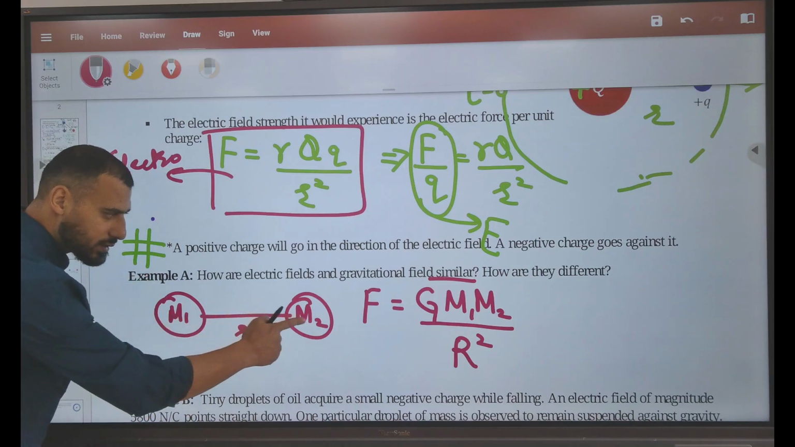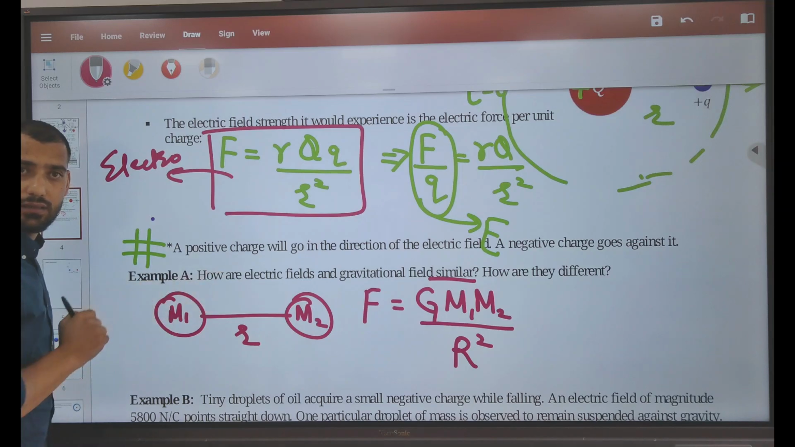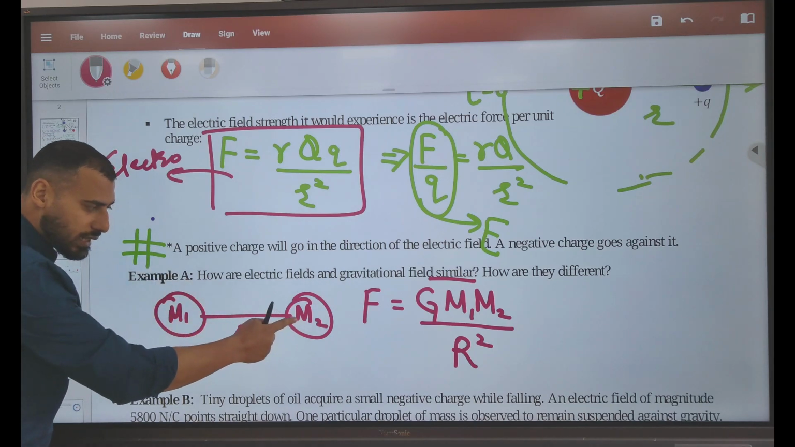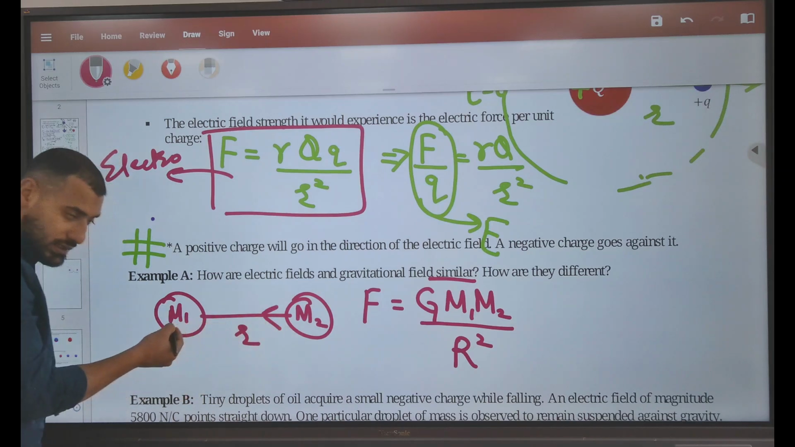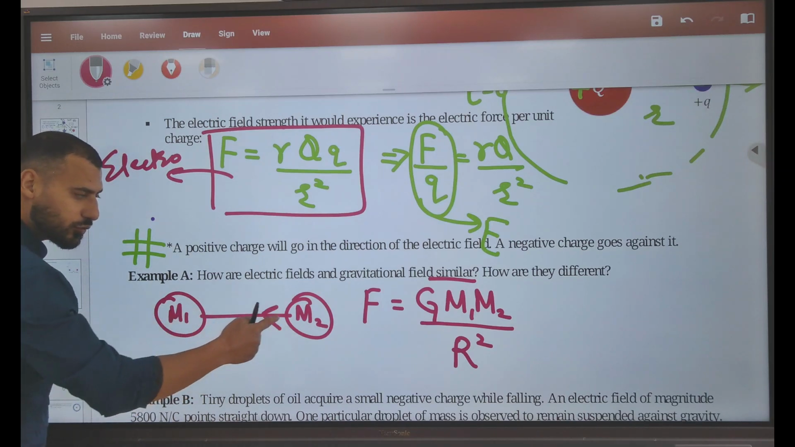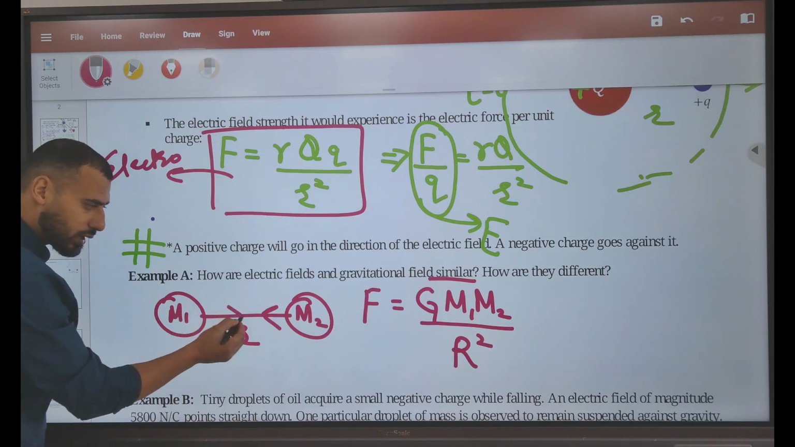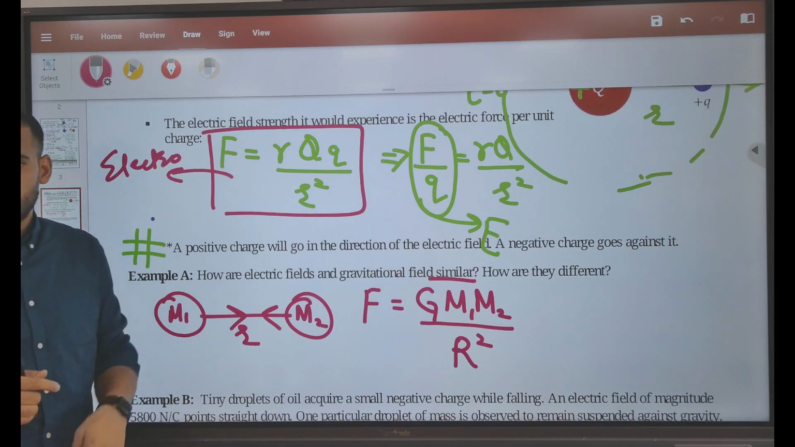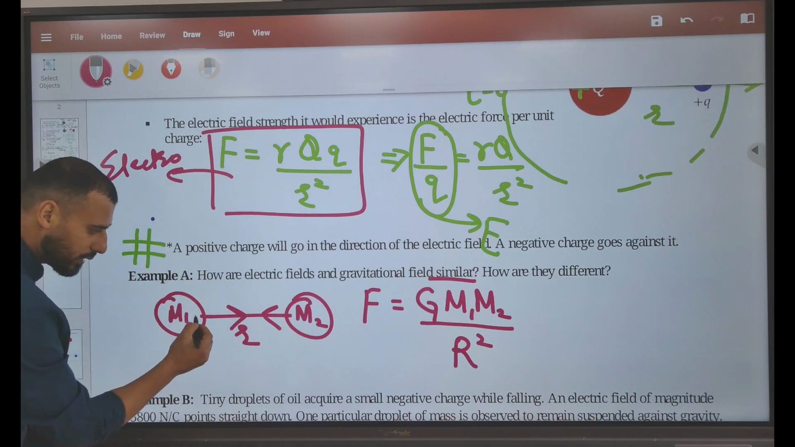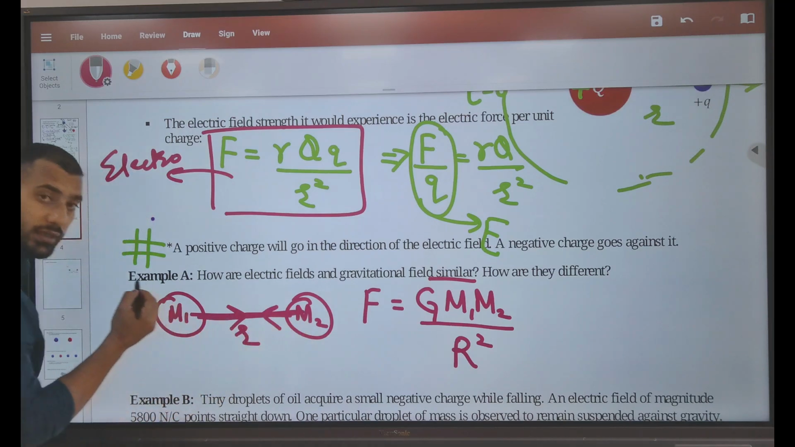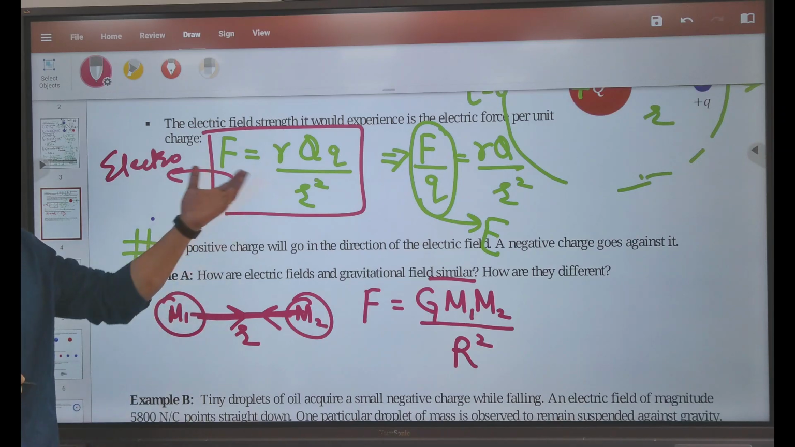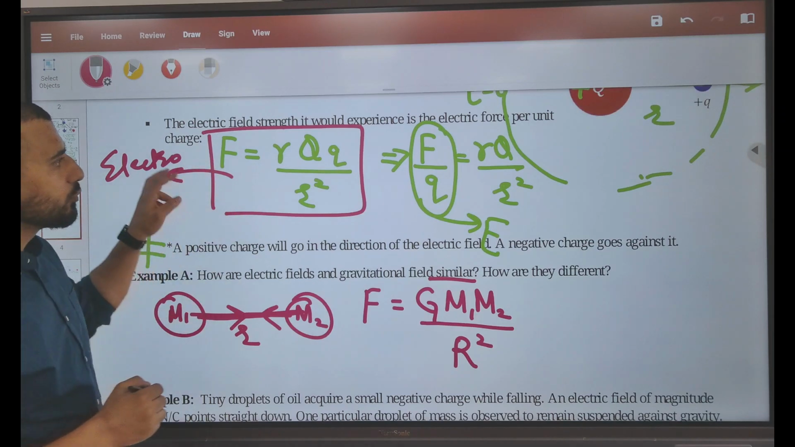If this is M1, this is M2, do they attract each other? Yes, because of the gravitational force. So, does that mean M1 is asking M2 to come towards M1? And does it also mean that M2 is asking M1 to come towards M2? So, how will they move? Will they move through this straight line, center to center? Yes? Similarly, when you talk about the electrostatic force, if you have two charges, okay,